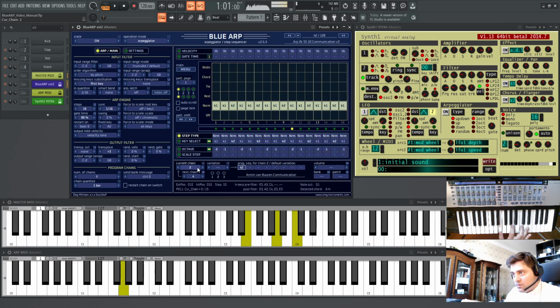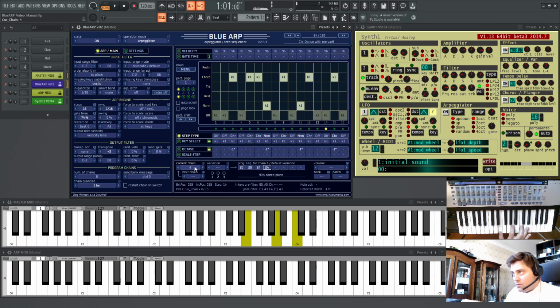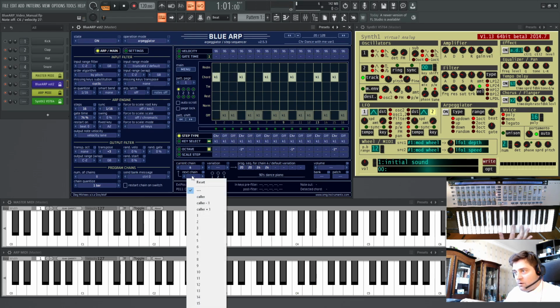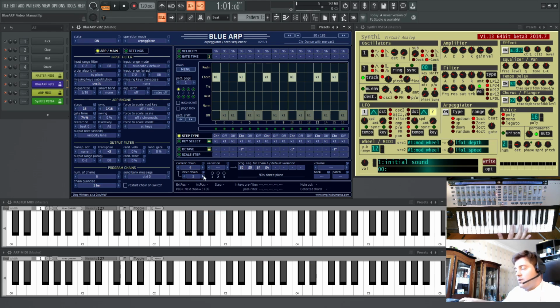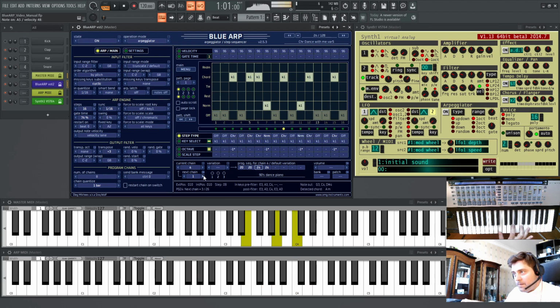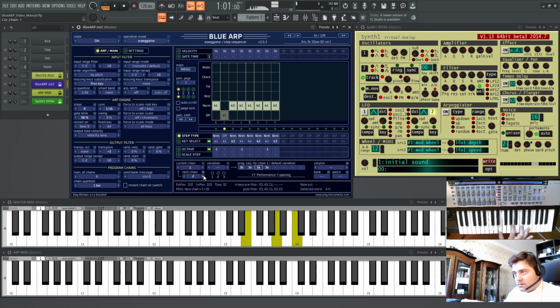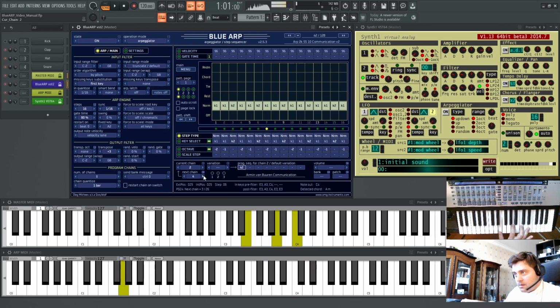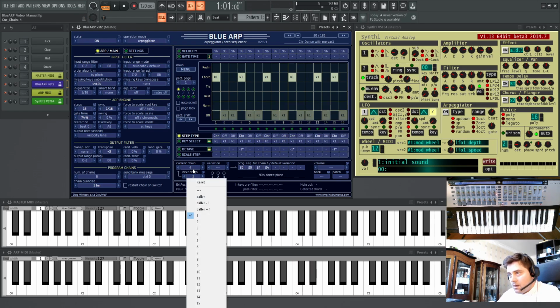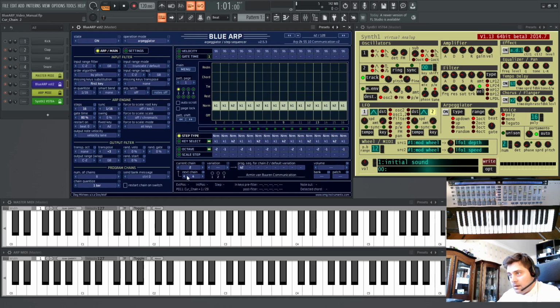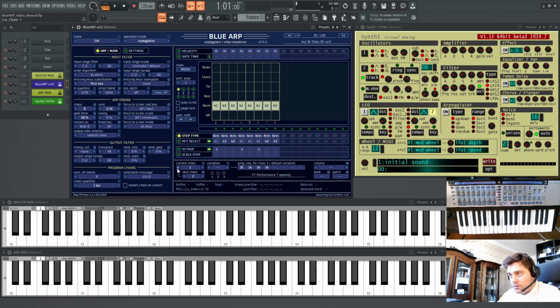Chain 1 plays once, then chain 2. And now we're on chain 4. And if here I set it to chain 1 again, it will kind of loop in a long cycle. Chain 4 plays once, back to chain 1, then chain 2. Let's reset it here, and another option how to use it is, for example, after chain